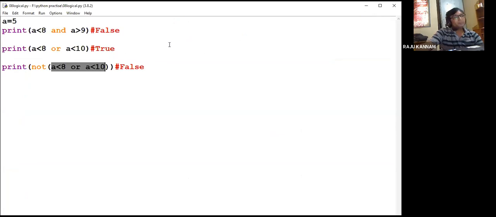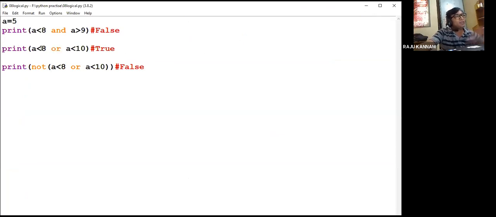AND means if both the specified conditions are true, then only it will give true. In all remaining cases, it will give false. OR means if any one of the conditions is true, then it will give true. When will it give false? If both the conditions are false, then only it will give false.